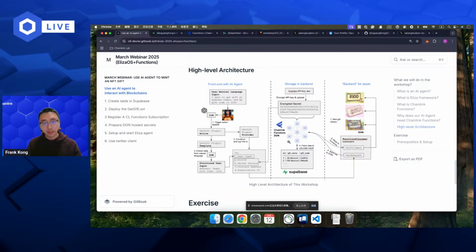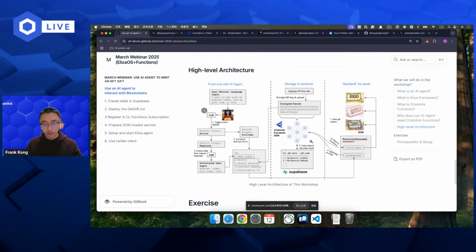Every time your code is executed, it will be executed by multiple nodes in the Oracle network. So if you want to get data from the database, the Chainlink Oracle nodes will get this data from the database, and every node will do the same thing. After every Oracle node collects the necessary data, they will do something called a consensus. They will aggregate this data together, do some verifications, and finally return this data back to the smart contract on chain. That is what Chainlink Functions is doing here.